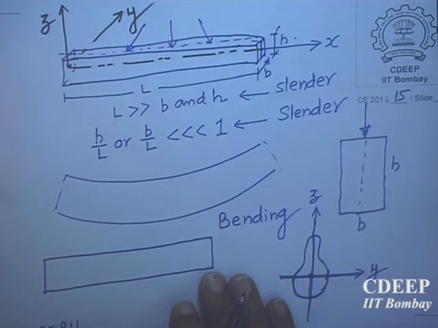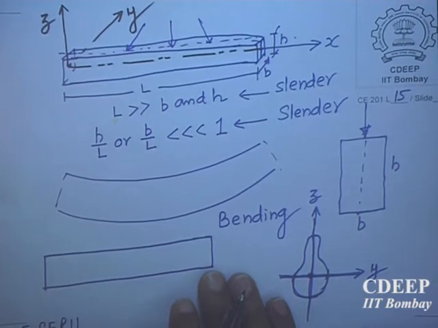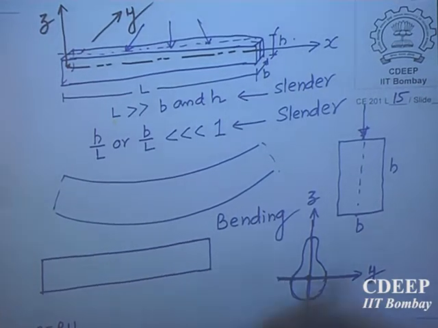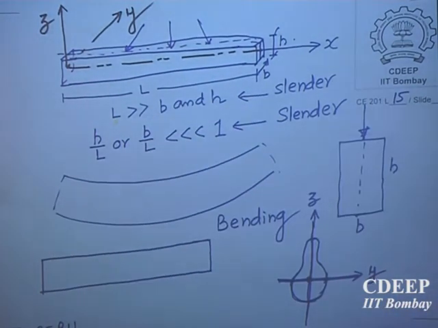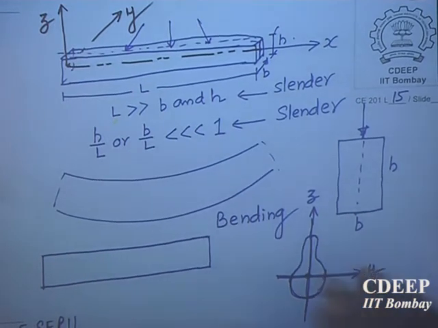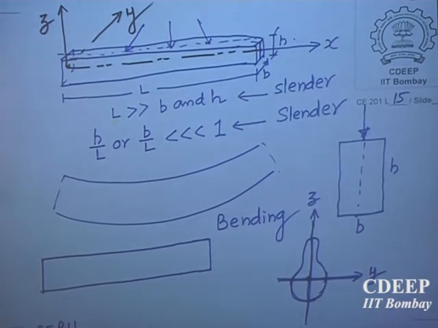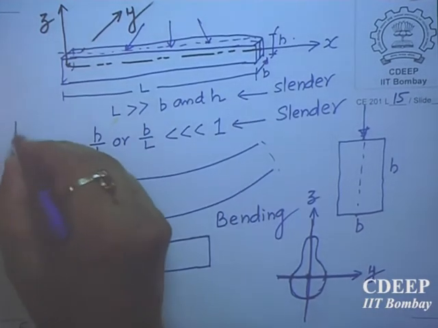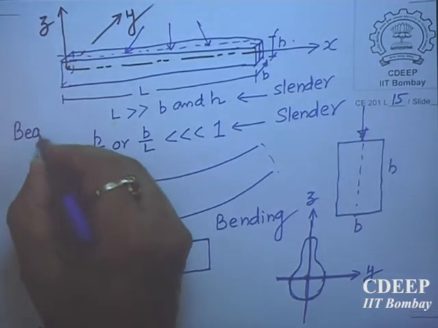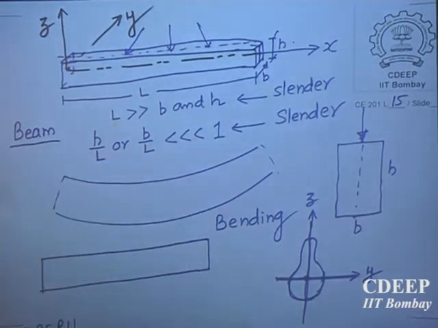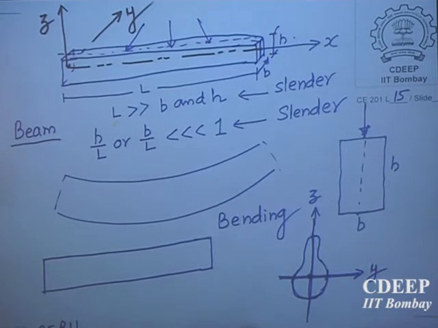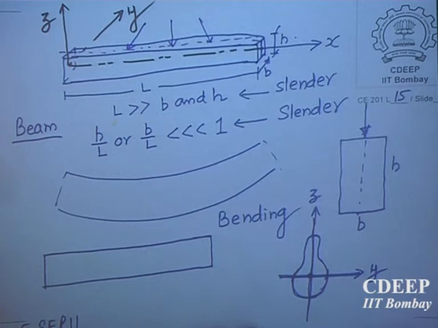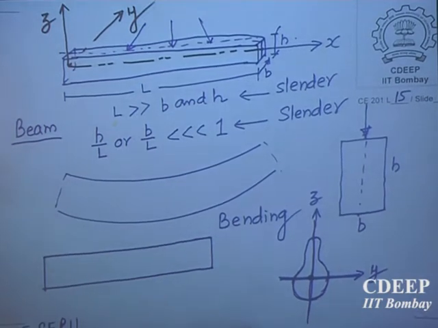So we will say I am avoiding twist. I am ensuring that the beam does not twist. Such a member is called a beam, by the way. This is a transversely loaded member. A member which is transversely loaded is called a beam. Just like we called an axially loaded member what? A column, or a member subjected to tensile force. What do you call that?